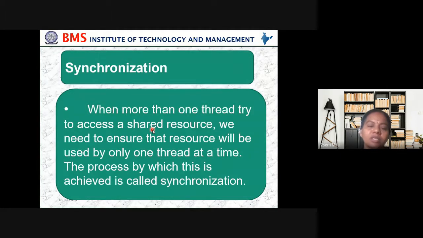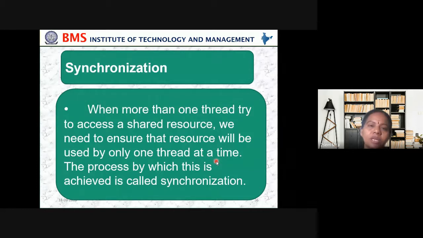In the same way, the second semester has a separate online link for Google Meet, and the fourth semester will have something else, so they should not be combined. When more than one thread tries to access a shared resource, we need to ensure that the resource will be used by only one thread at a time. Only one should be using a printer at a time.